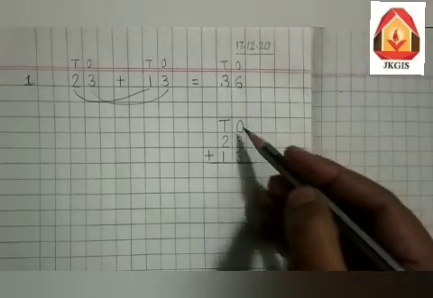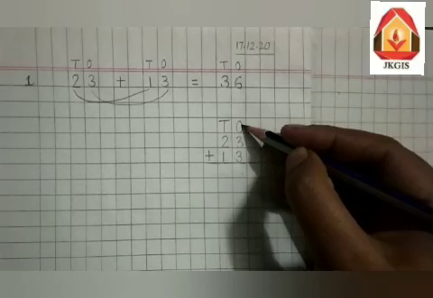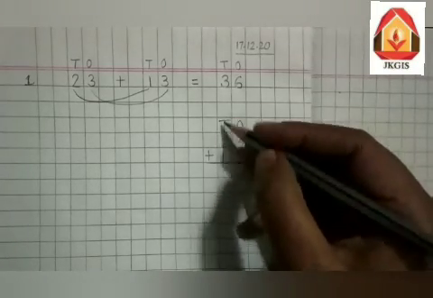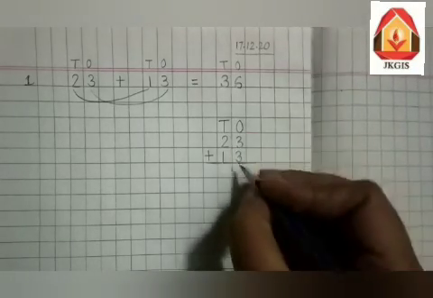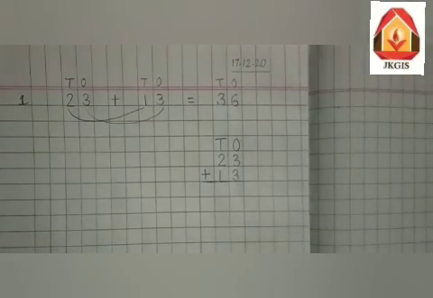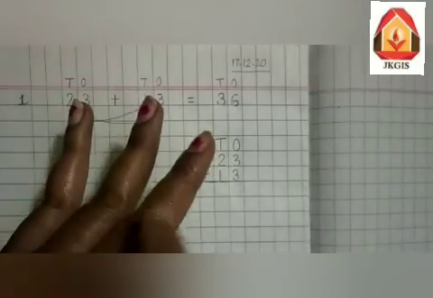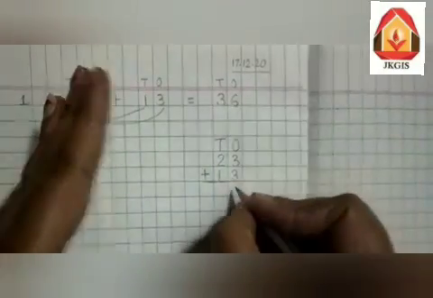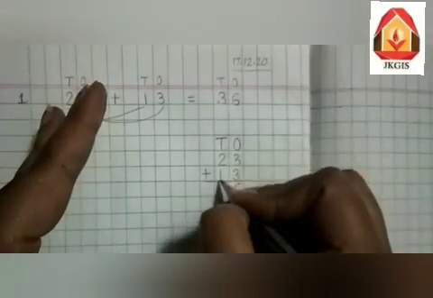And again first we will add the numbers present on ones place. We always start addition from ones place. We will never start addition from tens place. So 3 plus 3, again it is equal to 6. How can we add 3 plus 3? 3 in our mind and 3 on fingers. 3, 4, 5, 6. So what is the answer here? 6. Now we will add the numbers on tens place.